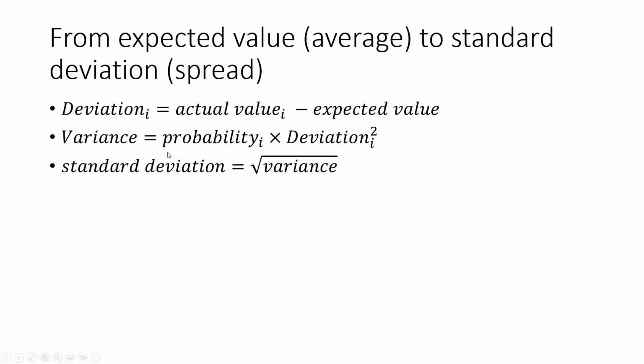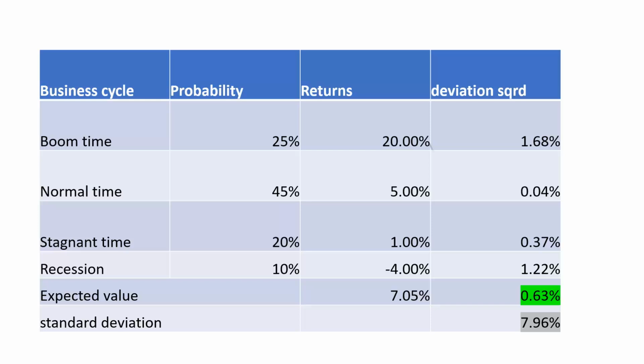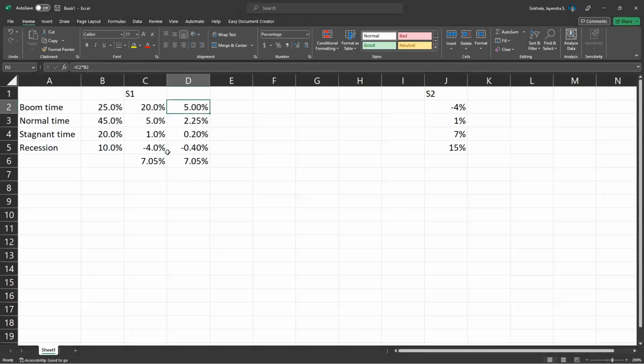Okay, so let's demonstrate that. So here is the example. So again, remember we calculated the probability and returns. Now we have to calculate deviation squared. So let's go back to Excel. So I'm going to remove this here. Let's first calculate in a simple way the deviation, and then let's calculate the deviation squared. So the deviation is just nothing but the